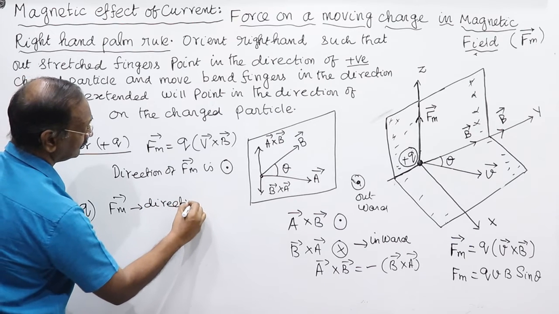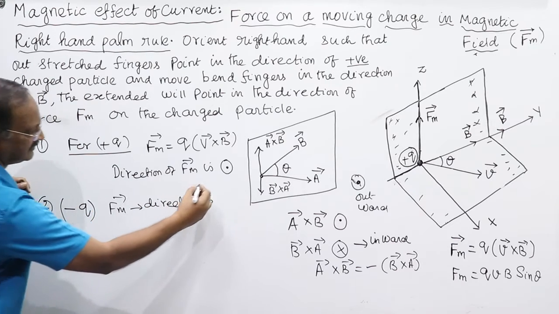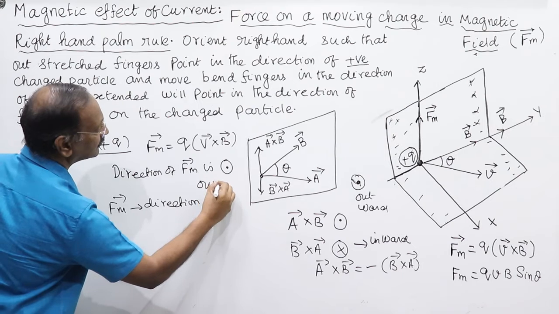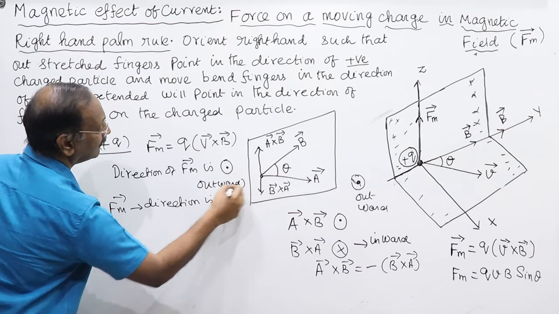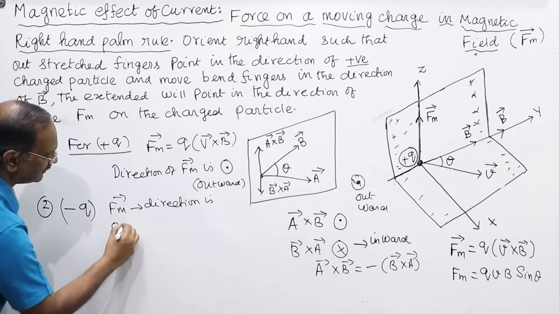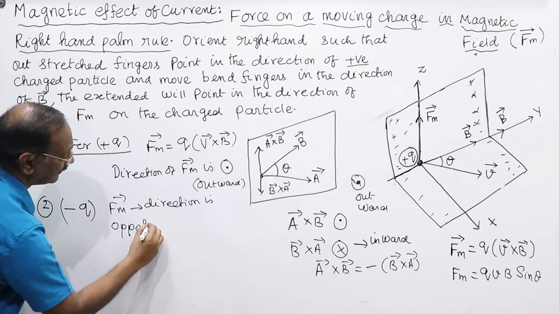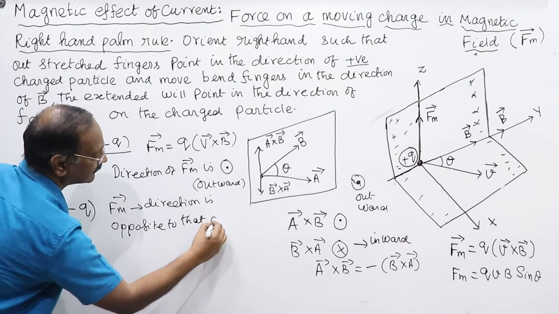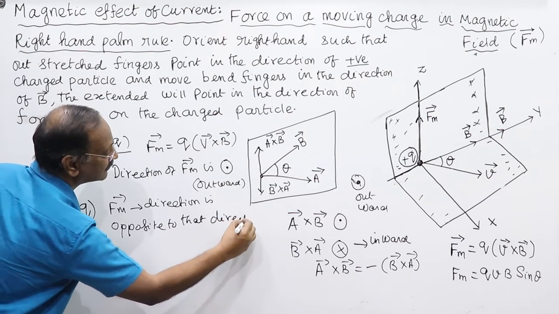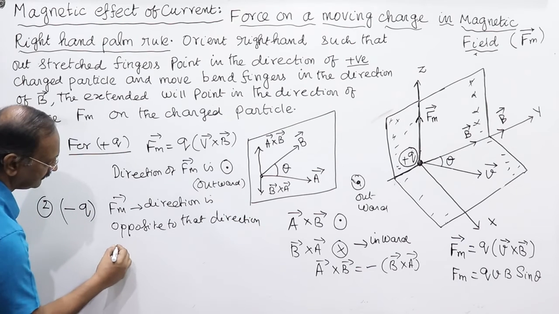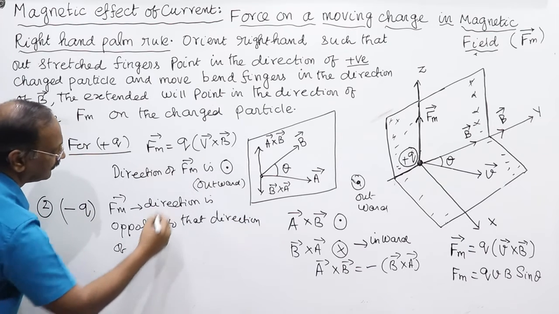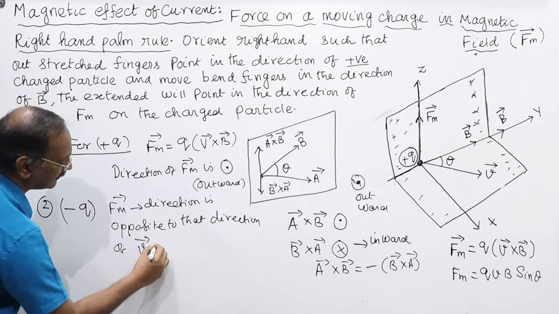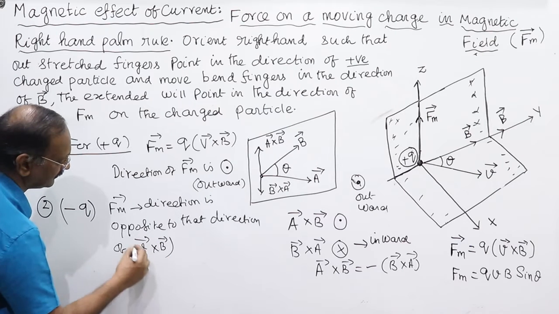Direction is, this is outward, is opposite to that direction, to the direction of V cross B. Simple. That is,